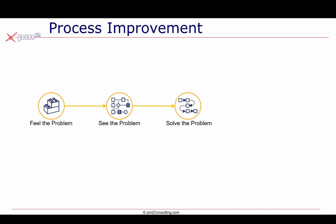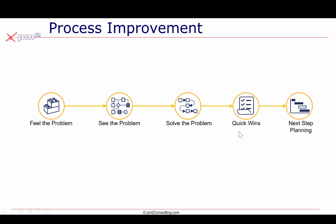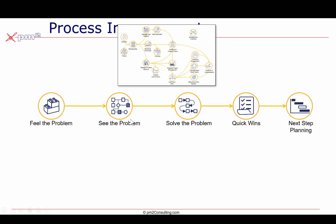From being able to see the problem, we then work on solving the problem. What does that desired to-be world look like? And from there, identify some quick wins that we can achieve, and then what's the next step, longer-term planning. That's a fairly standard process improvement journey. But it's important to understand you can only see the problem if you take a look at it in the